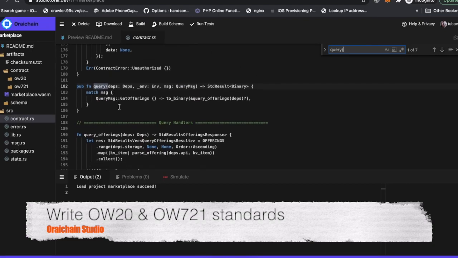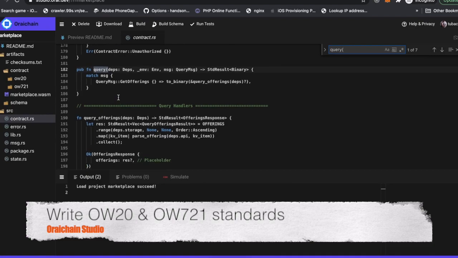And query functions. A query function is to read the information of states. The three functions include various specific message formats, which are defined by developers to handle each case.